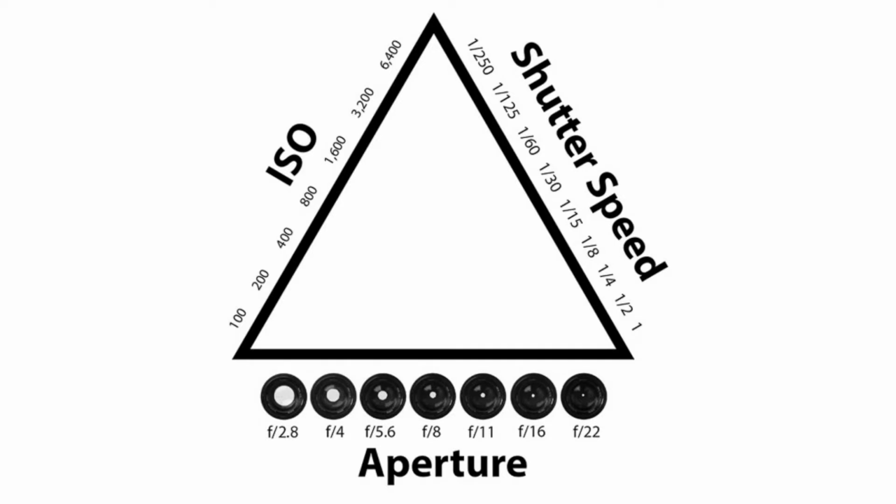To get a properly exposed photograph, you have to keep in mind these three things. One is shutter speed, another is aperture, and the third one is your ISO. Sometimes it's known as the exposure triangle. These are the three factors through which a picture gets proper exposure. Proper exposure means it's not too bright, it's not too dark. You can see everything in detail for your highlights as well as your shadows. So that is called proper exposure.